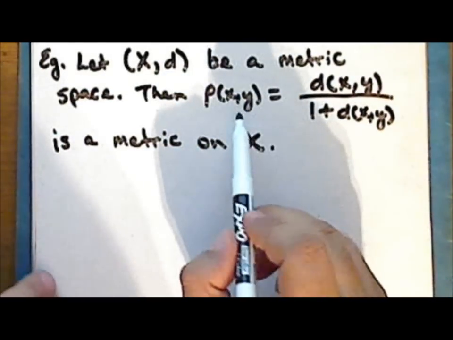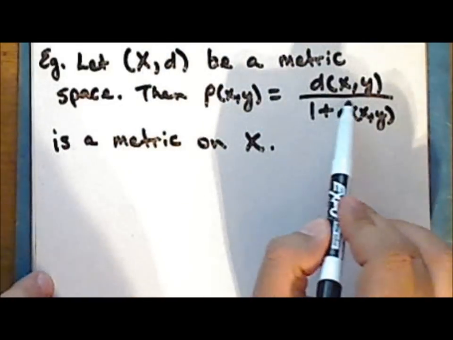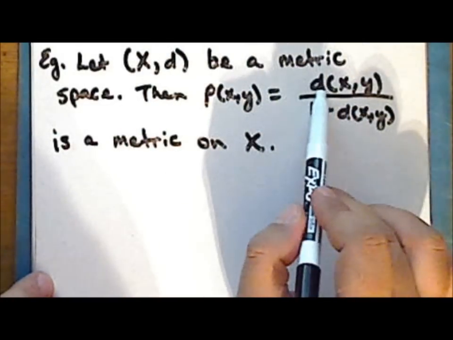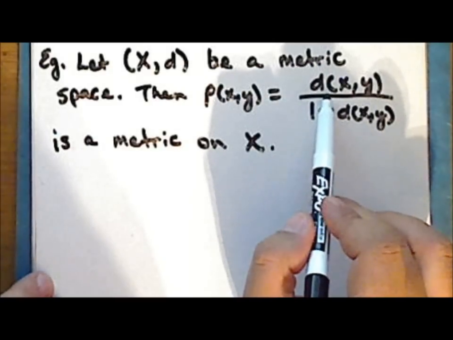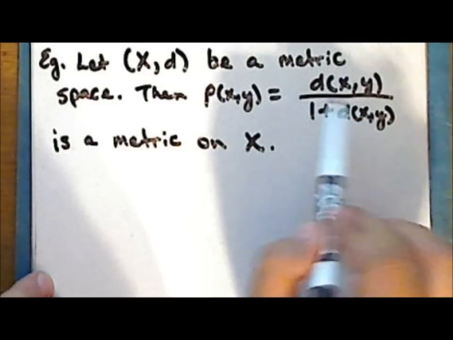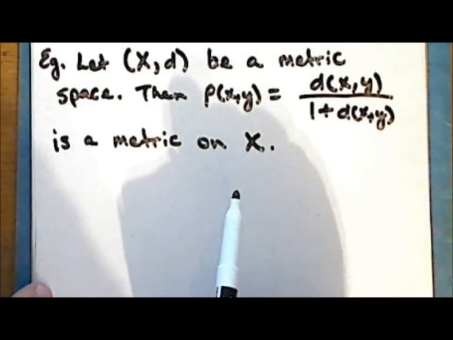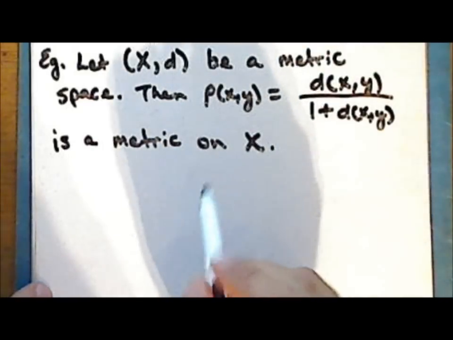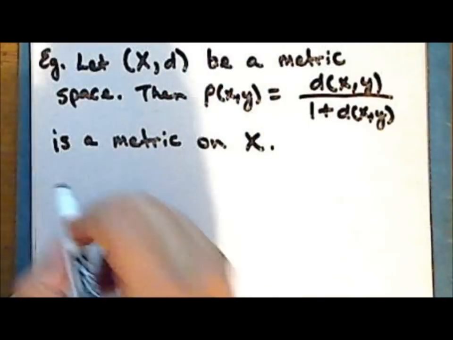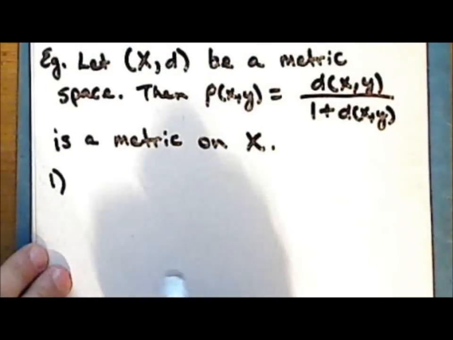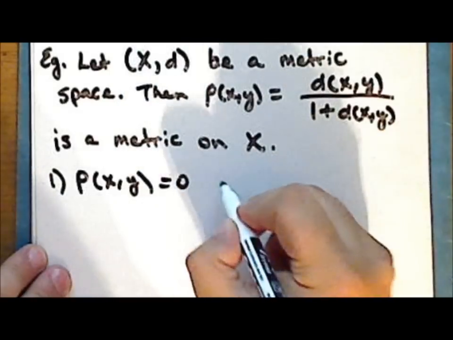Now, this is a function that takes as an argument 2 points in the underlying set and maps it to non-negative real numbers, as the metric d will be a non-negative real number. And so this ratio is non-negative. So we need to show that this function rho satisfies the 3 properties, those properties are non-degeneracy, symmetry, and the triangle inequality. So first, notice that rho of xy is 0 if and only if